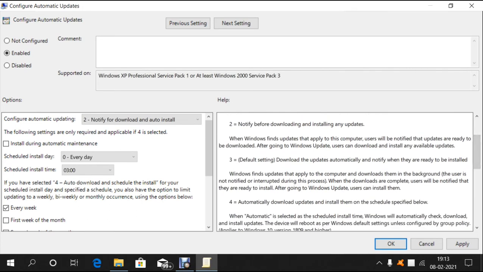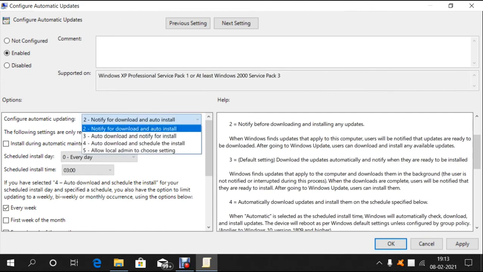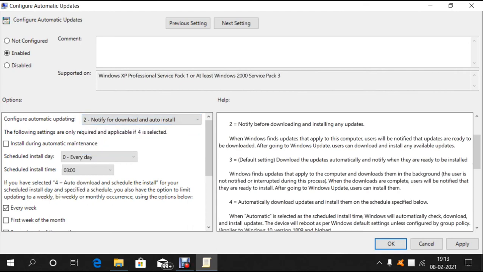This one is the default setting, that is the third option, auto download and notify for install. The updates will be downloaded automatically in the background of your system once you connect to the internet.